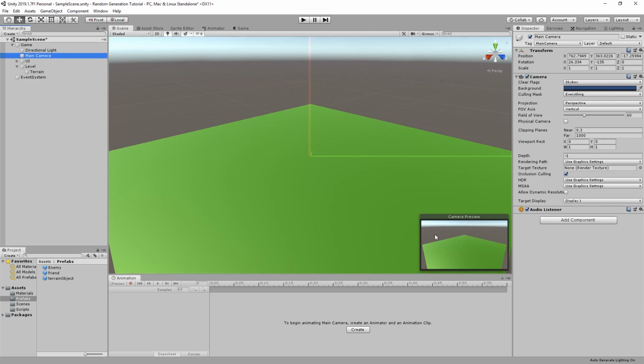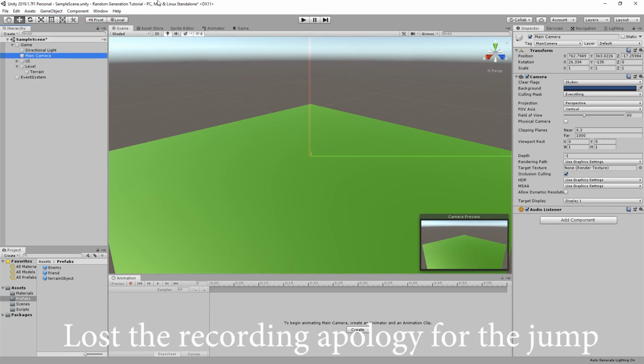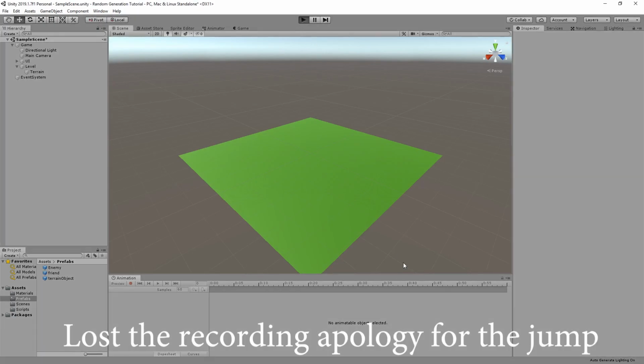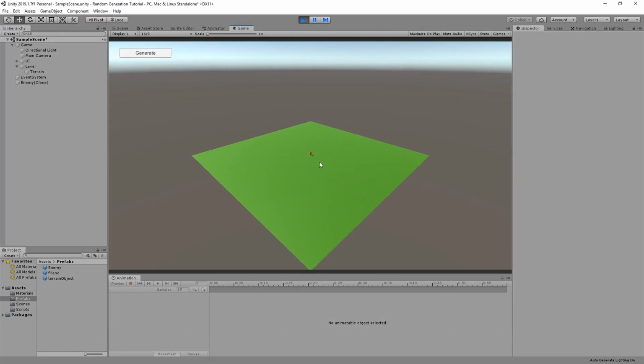So you'll see now that our camera is aligned with this actual view. Okay, so just hit play, and you will see that we've got an enemy in the middle of our scene. So if this isn't working, there are a few things that you just need to double check,